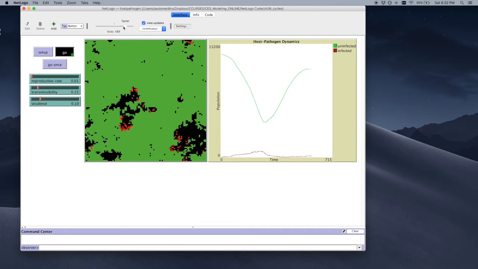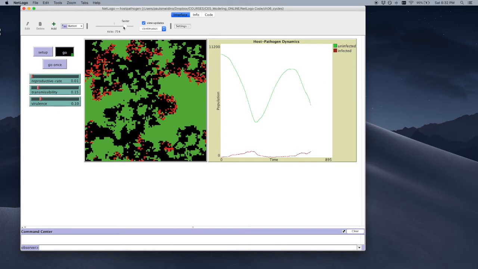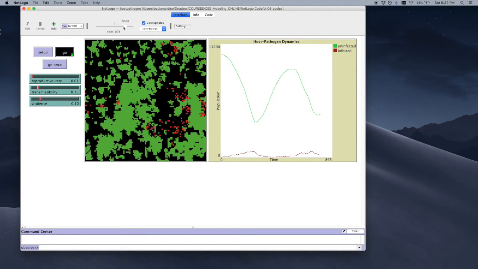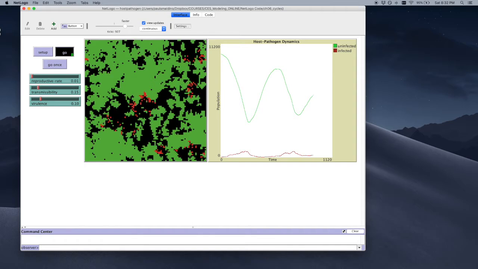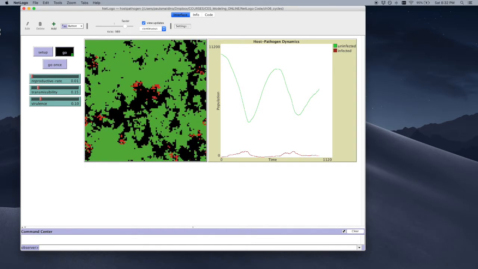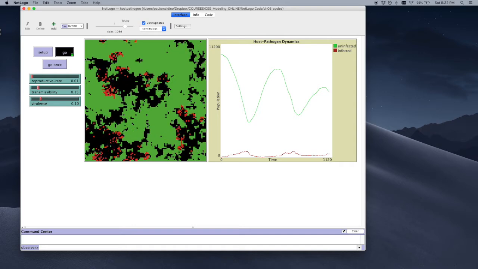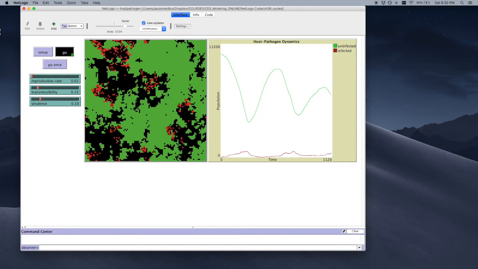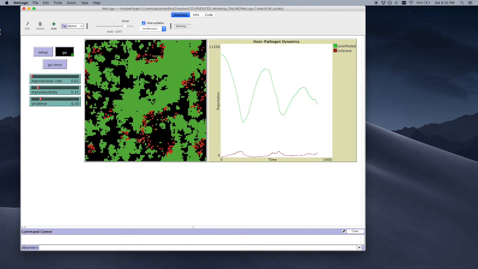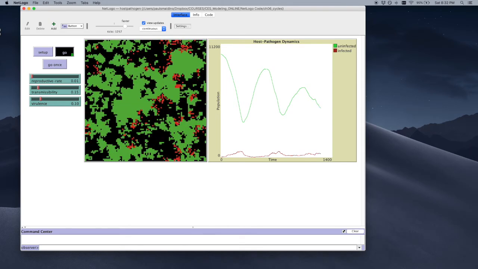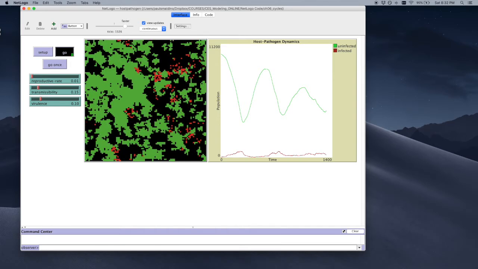Okay, but look what's happening, right? The population of the infected cells is going up, and it's going down, and it's going up, and it's going down. The pathogen spreads from host to host. The virulent pathogen kills its host quickly, and it limits the number of new hosts available to infect, and then fizzles out. So this allows susceptible hosts to recover and provides new fertile soil for the spread of the infection. So this manifests as cycles of widespread infection and recovery.